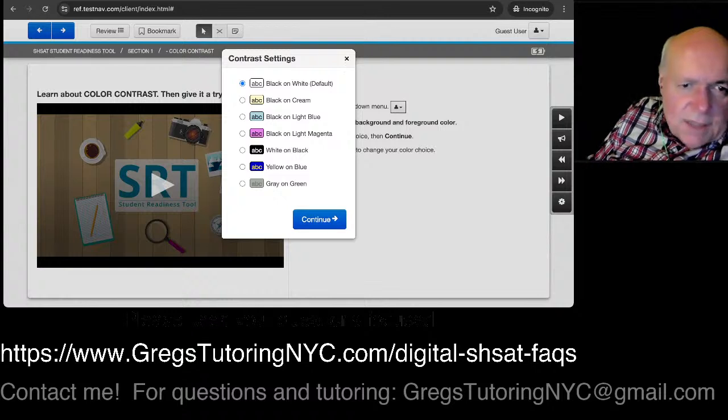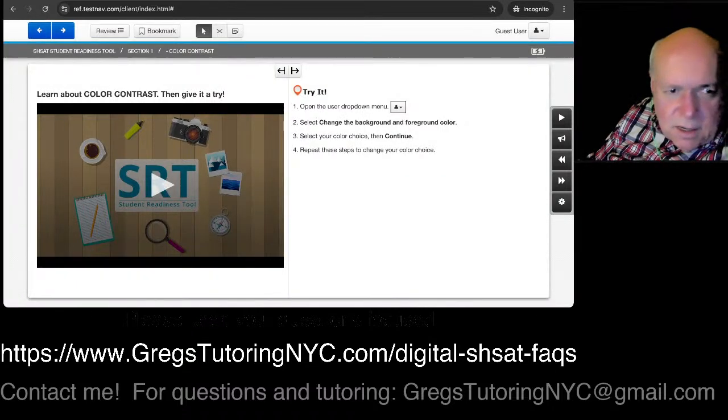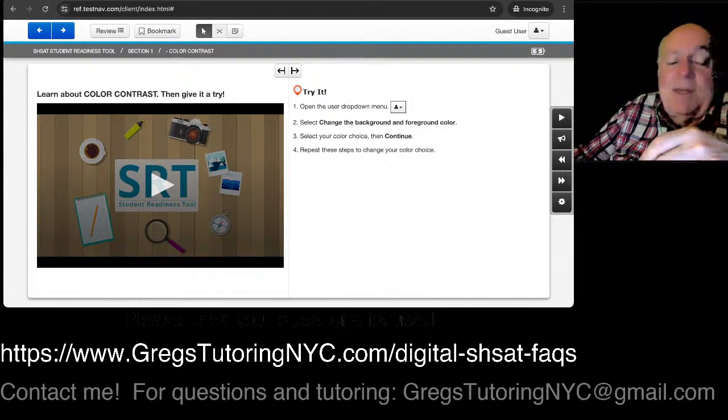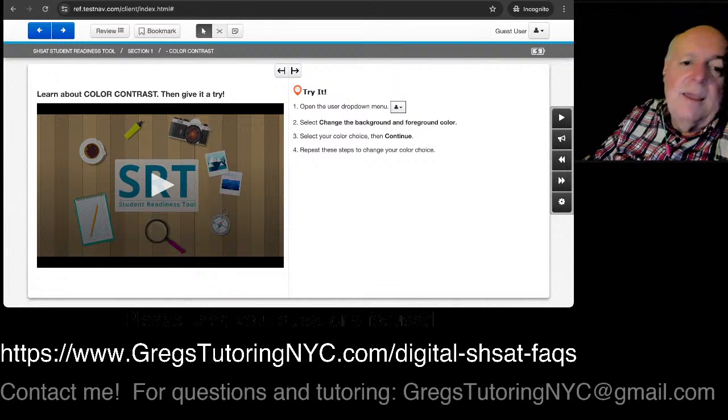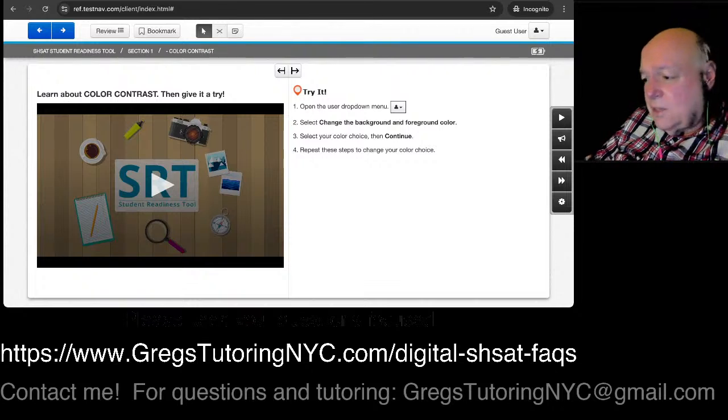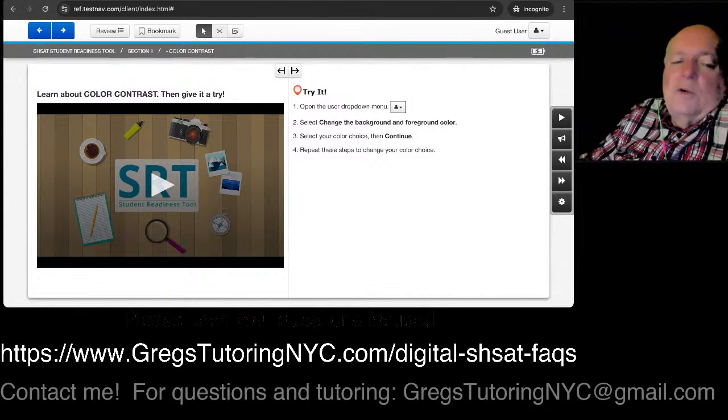If I click continue, it just brings me back to here. All right, so this is, again, accessibility in terms of getting your eye conditions and useful. It's like night mode and all those kind of things. Now, some of these can start getting esoteric, but if your eyes get tired, 2 hours into the exam or